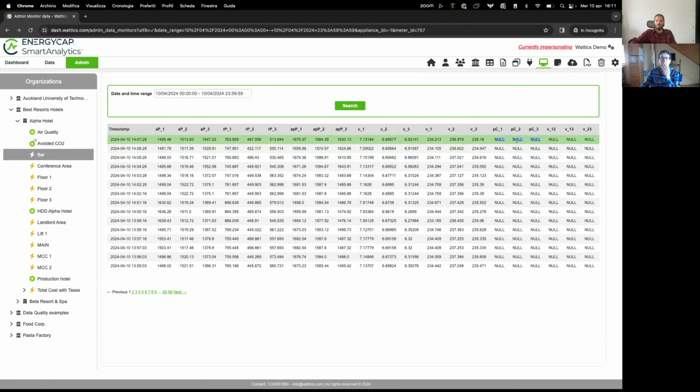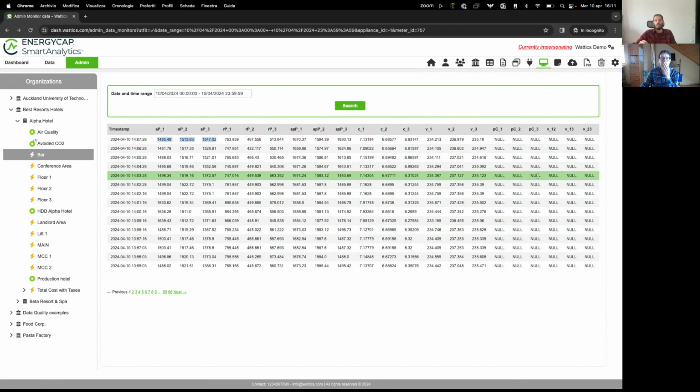So we are not receiving energy consumption data. So in the mapping of the data point, we provided the information to calculate the energy consumption out of active power readings. This is something that we enable to make sure that also the meters that were not storing energy consumption information, but just sharing active power readings, were still able to display energy consumption information